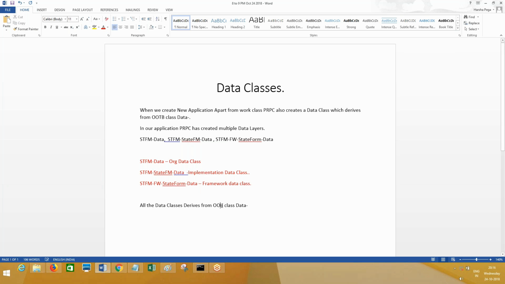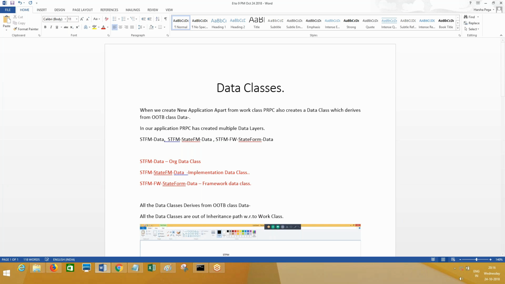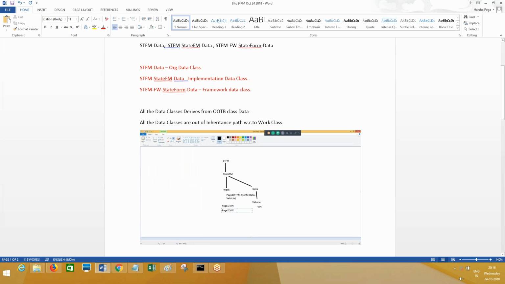So all the data classes are out of the inheritance path with respect to the work class, correct? With respect to the work class, you can see the diagram below. One I have written, that is fair enough. It is out of inheritance.